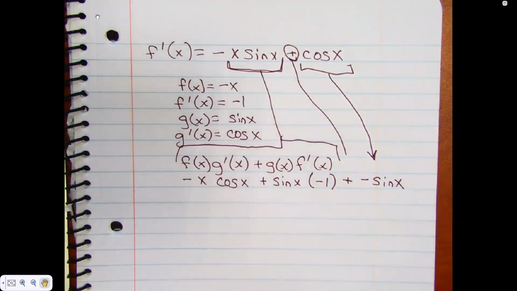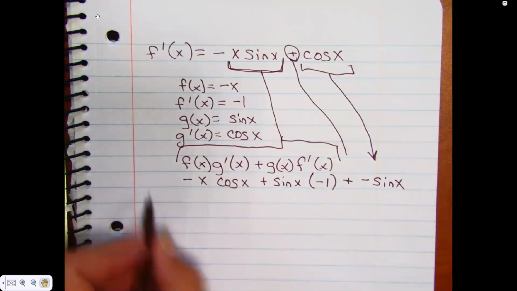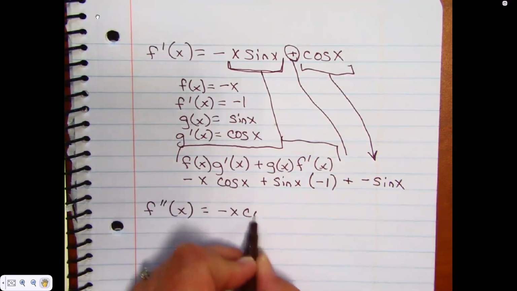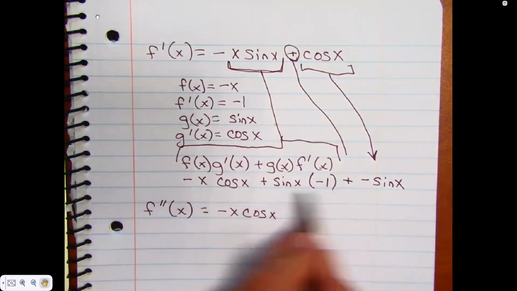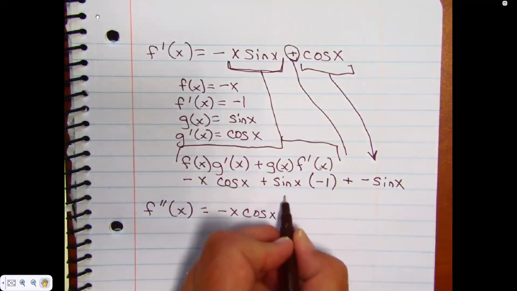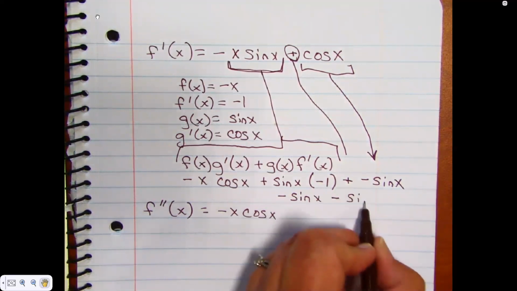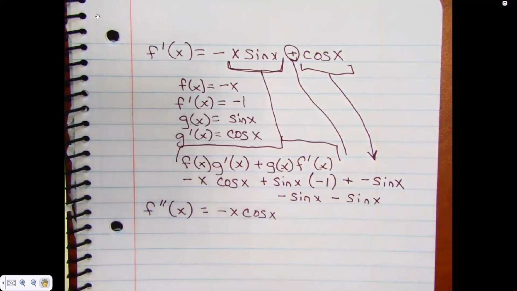That answer is not too bad. This I probably would just leave. So this is finally the second derivative: negative x cosine of x. Take a look, when I rewrite this, maybe I'll even do it here. Negative sine of x, and this is minus sine of x. Those are like terms. A negative sign and a negative sign takes us to